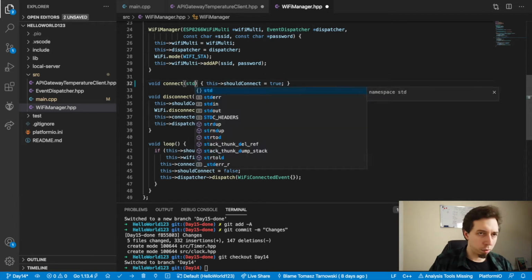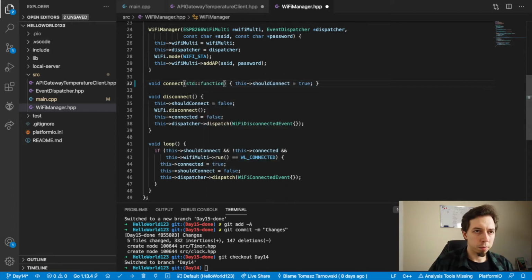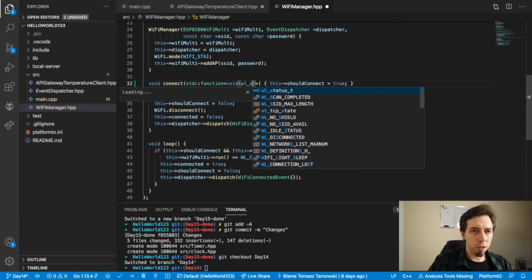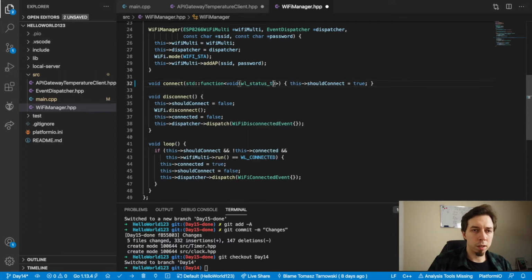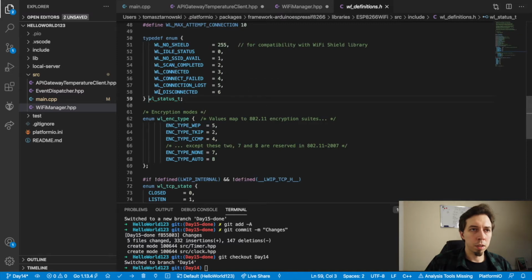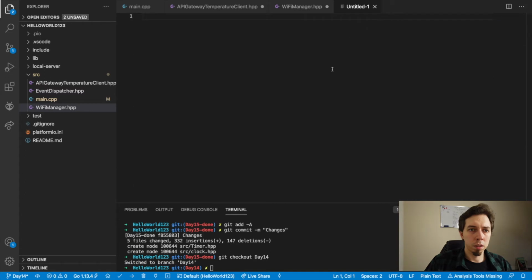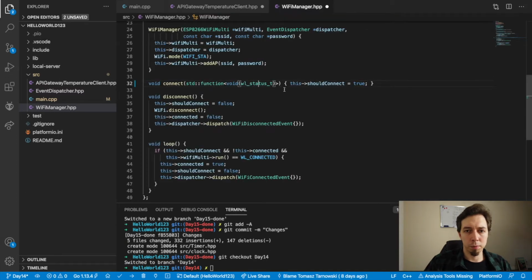So if I could make connect callback based now, so I'm gonna do function, and that is gonna take void, and is going to return the WL status T, which is the default enum for the Wi-Fi status types on ESP8266, and that would be the callback, so on connected,